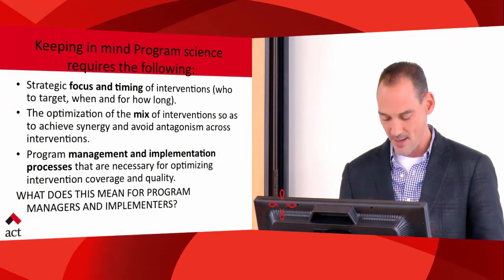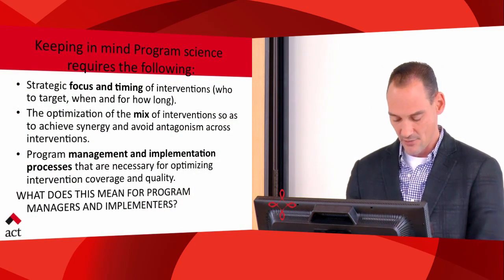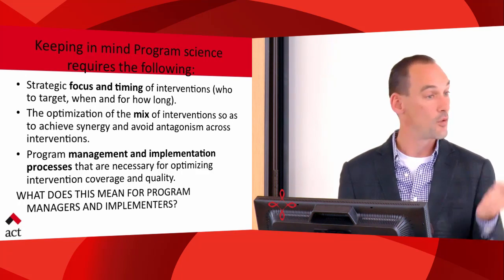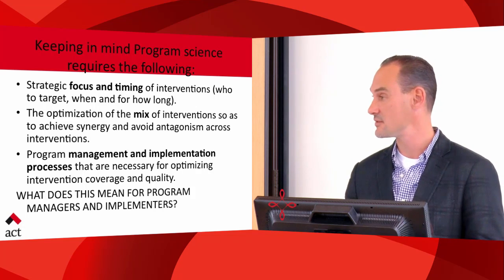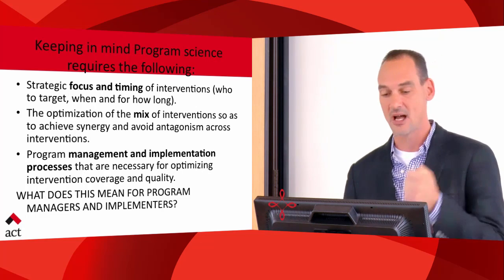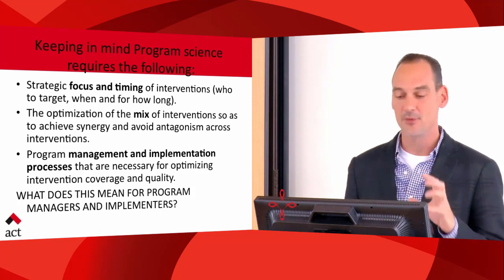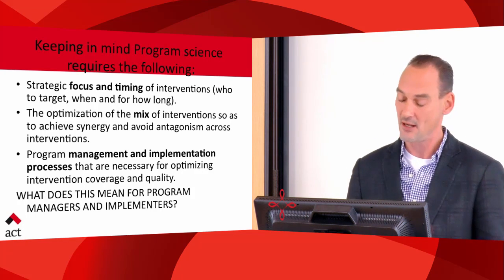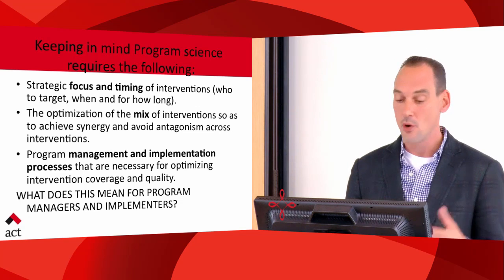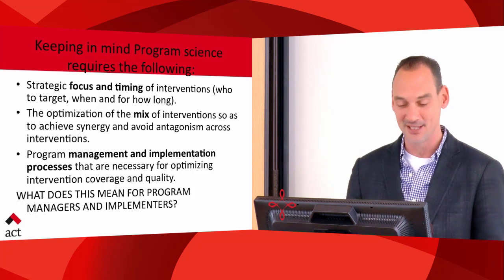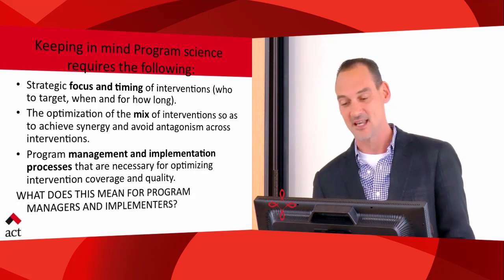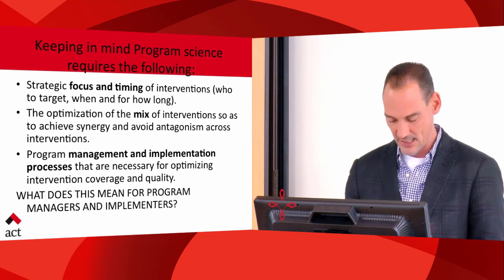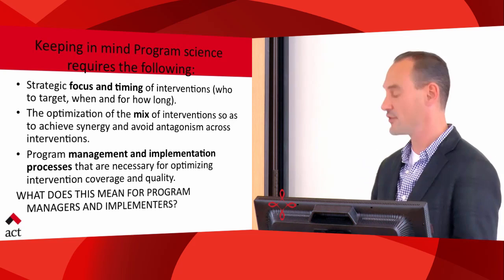So keeping in mind that program science requires us to think about the following, so the strategic focus and timing of interventions, who to target, when, for how long, the optimal mix of interventions so as to achieve synergies and avoid antagonism, program management and implementation processes that are necessary. What does this all mean for program managers and implementers? So to the first point,